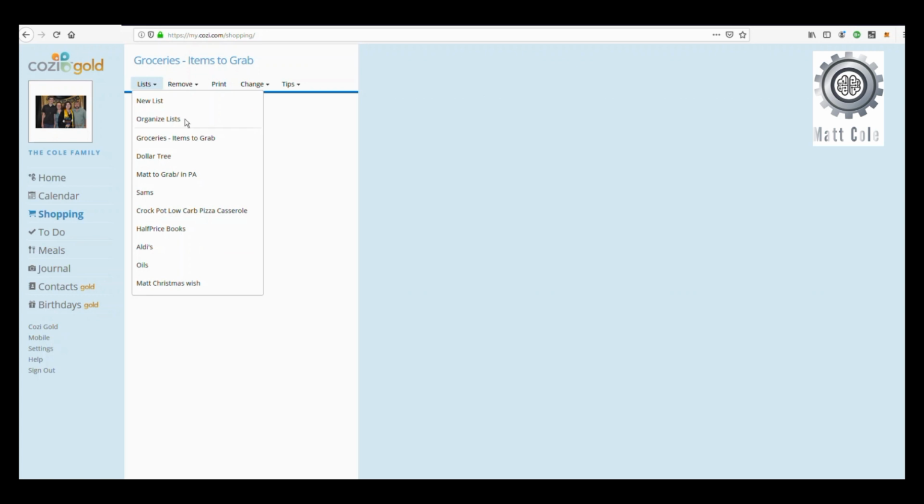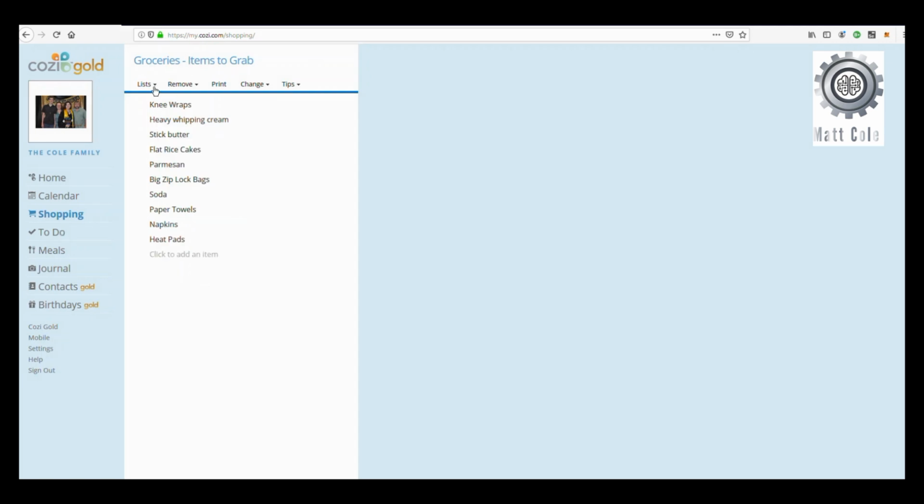Or also you can create lists for organization, as well as just the recipes, etc. You can also remove those lists accordingly and change them, and even print it out onto a paper format if so desired. As far as the to-do type list, let's go ahead and go into